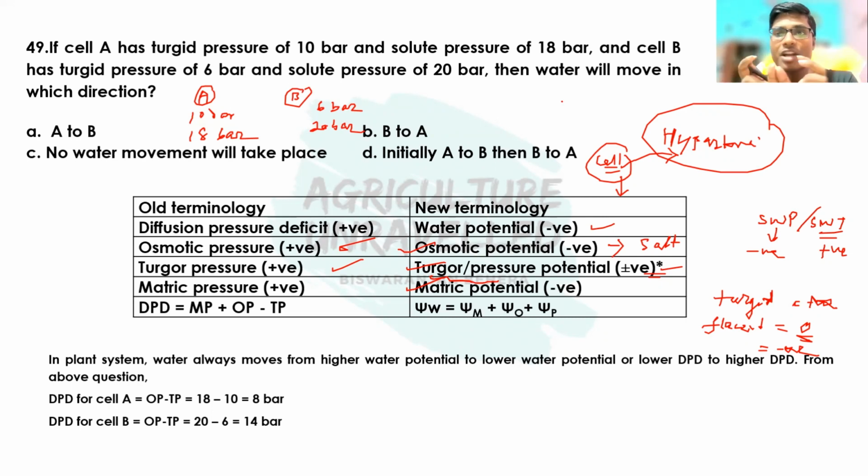As a result, the water will not move outside or come inside because the solute concentration outside the cell and inside the cell is the same. As a result, the equilibrium will be maintained and the cell is known as a flaccid cell.